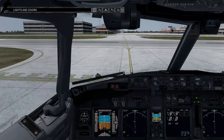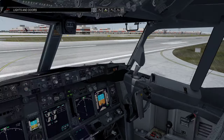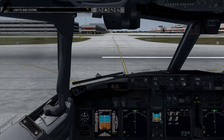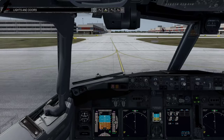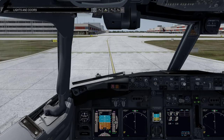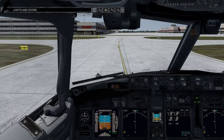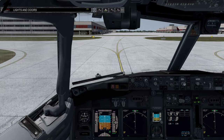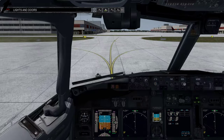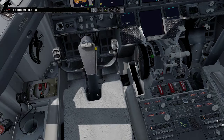We'll swing over 26 right, 27 right, I should say. Contact ground, and we'll do that again. For 61 Whiskey Echo, welcome to Atlanta, cross 27 right at Tango. Actually, do this for me. Turn right on November, cross 27 right at November 5. And right on Mike, and